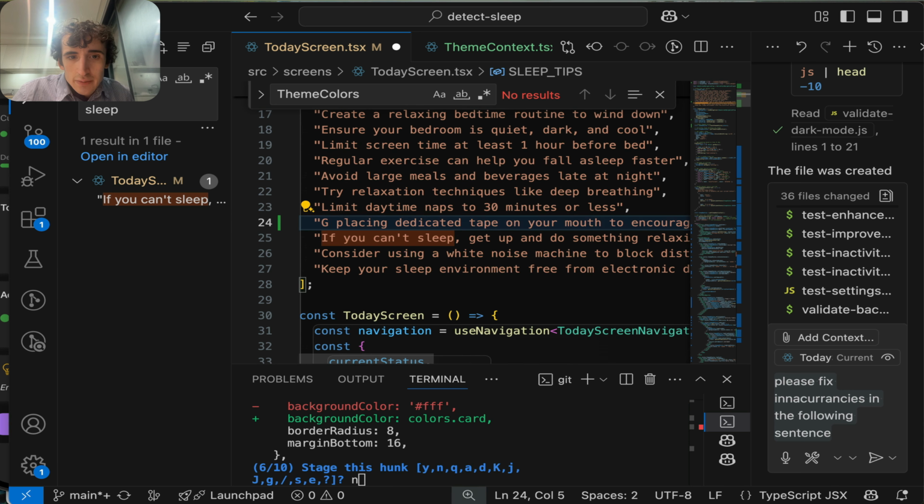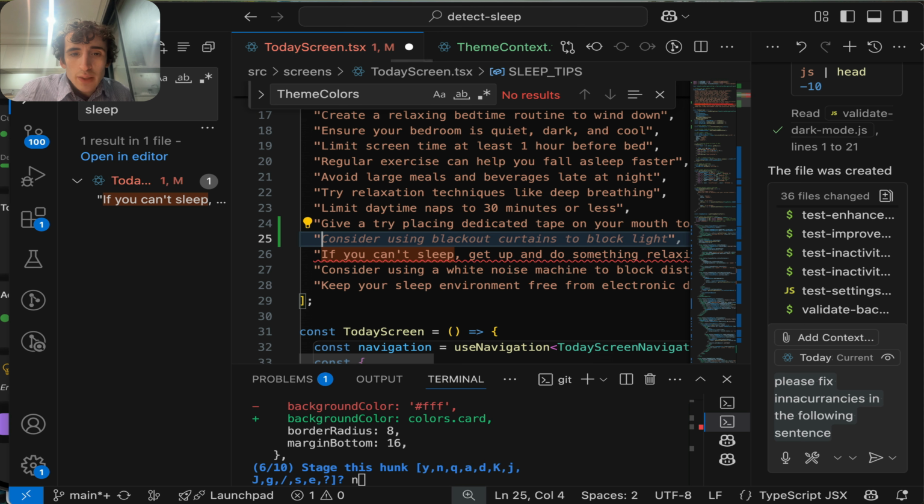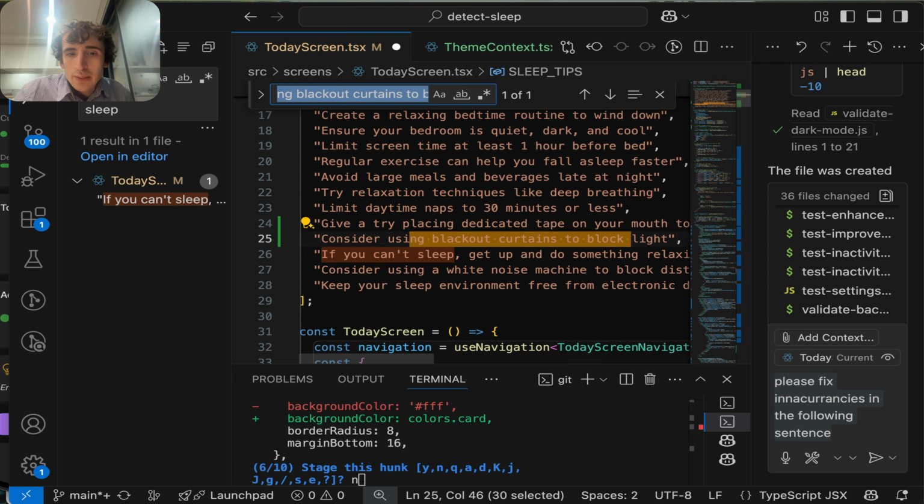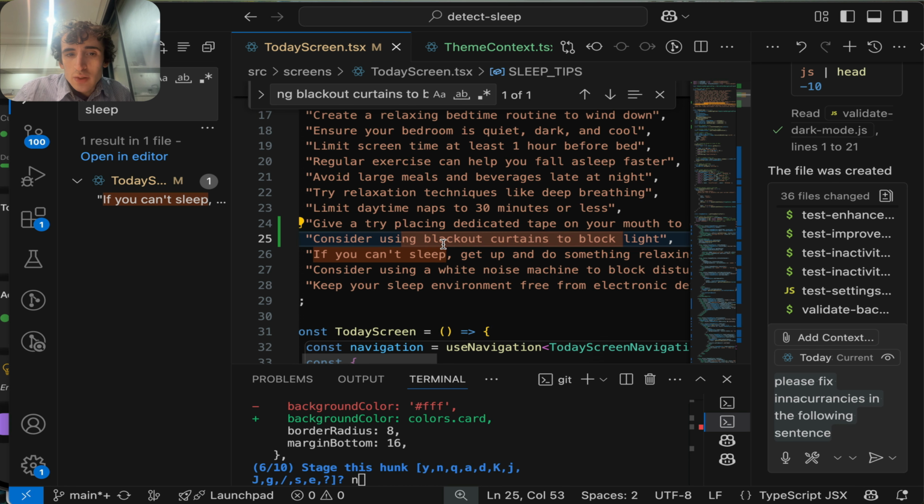and give a try. I prefer, yeah, not try yet. Give a go. Give a try, yeah. That one, give a try, placing dedicated tip. Yeah, that's good. And then we can do the same with the consider background patterns to block lights. That's nice. And another one,